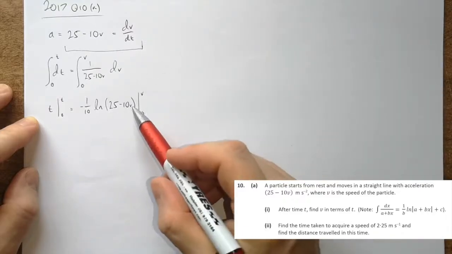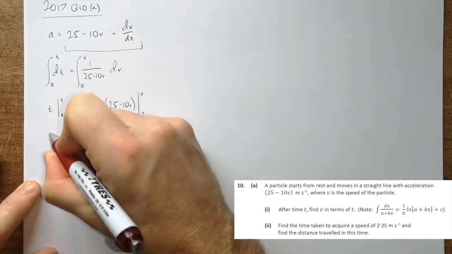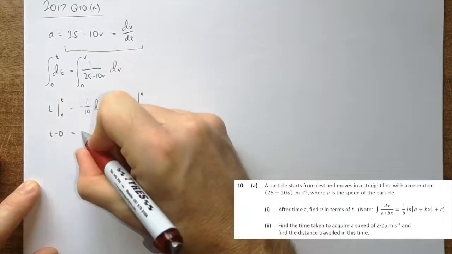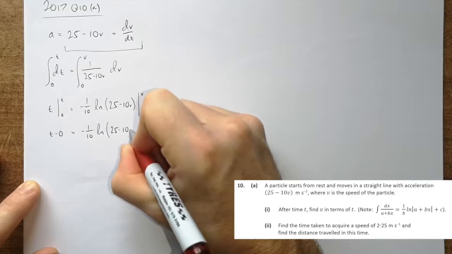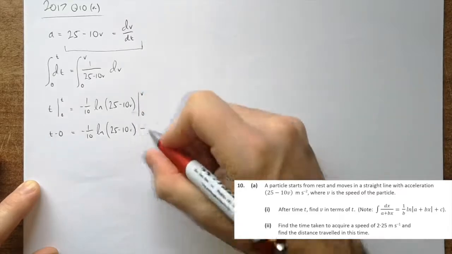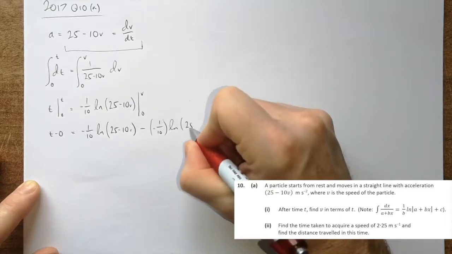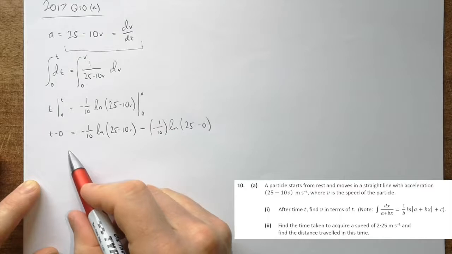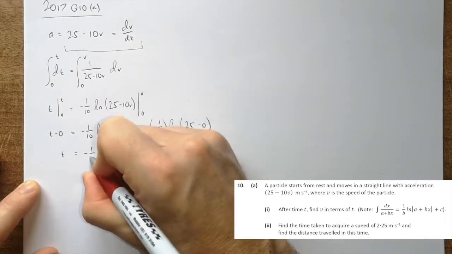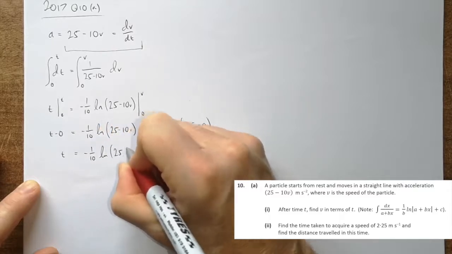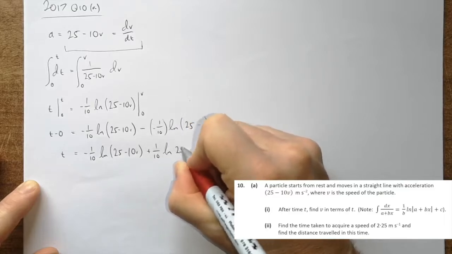Okay, nothing too bad. They gave it to us there nicely. The main thing is to watch your little minus sign. Let's go ahead and bang that out. That is t minus 0 equals minus 1 over 10 natural log of 25 minus 10v, minus the 0 one, which is of course minus 1 over 10 natural log of 25 minus 0. Okay, we'll tidy that all up. t equals plus 1 over 10 natural log of 25,